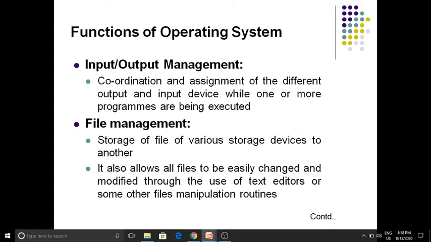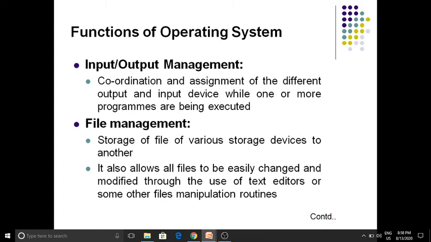So when more than one program is executed, the operating system coordinates the different output and input devices, and the assignment of the different input and output devices can be managed by the operating system. The fourth function of the operating system is file management. So how does the operating system perform file management?